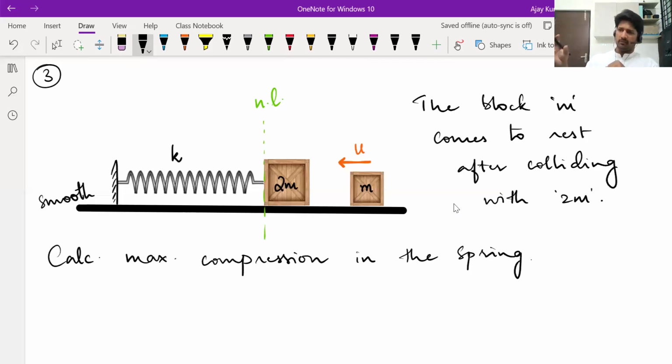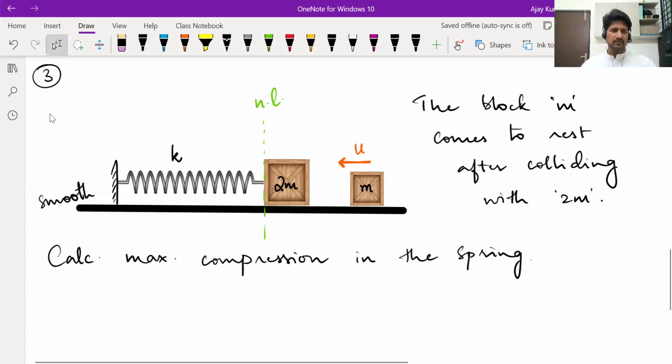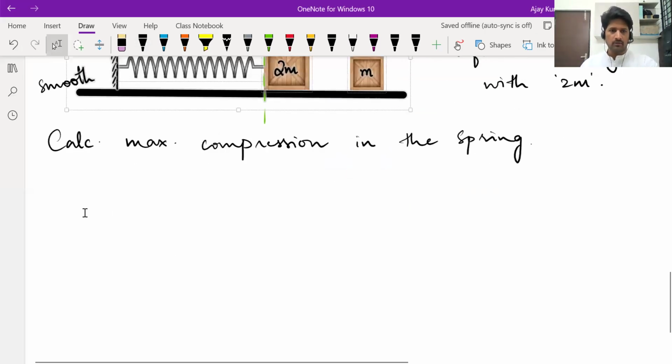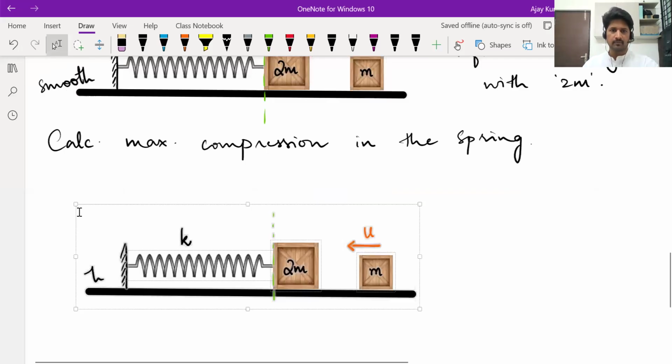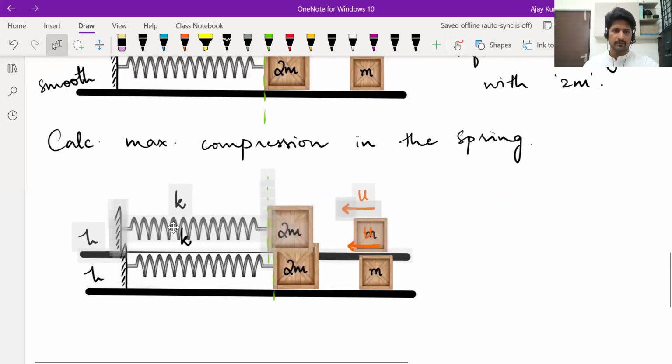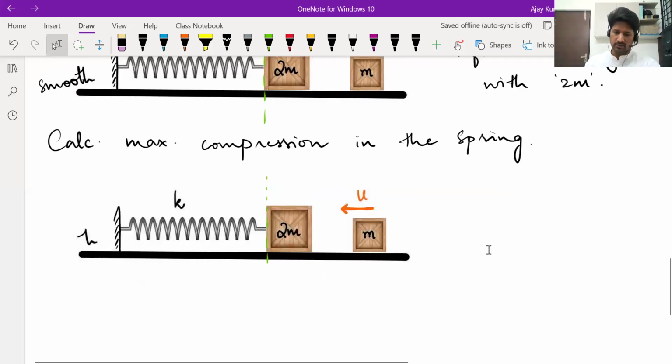Like, when m goes and collides with 2m, 2m will definitely start moving. And when it starts moving, it starts compressing the spring. But as the spring gets compressed, it starts exerting an opposing force on 2m. So 2m slows and stops somewhere. Let's visualize that situation also, where 2m is coming to rest. So after collision, not upon collision,